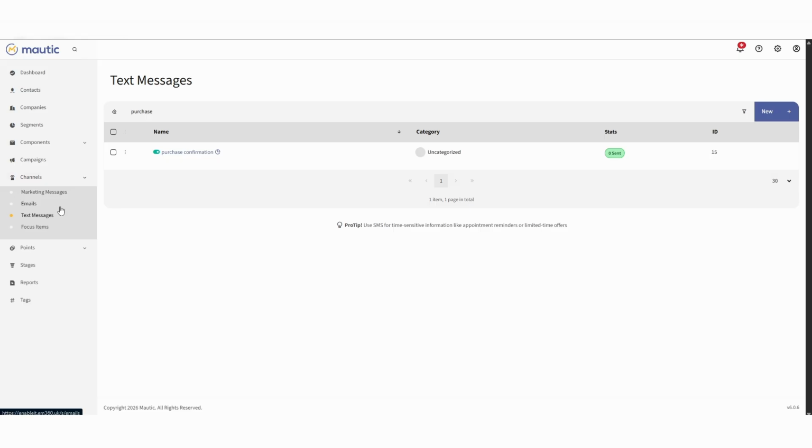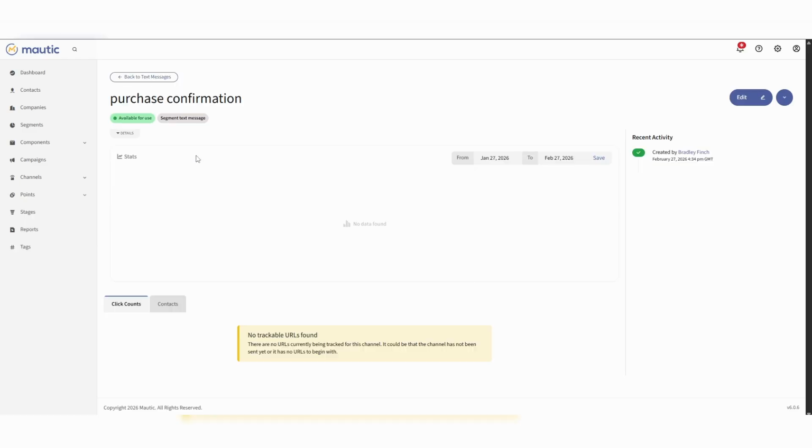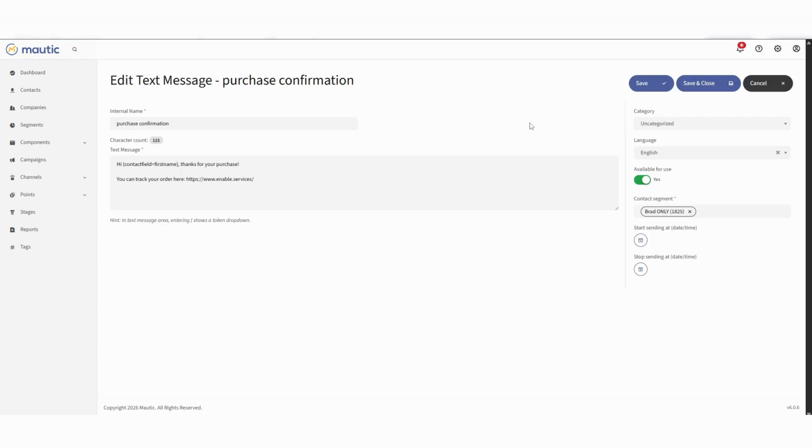So in channels, you've got emails and text messages and focus items. Text messages are where you can send notifications through text message. For example, here I've set up a purchase confirmation text, which is fairly simple. It can initiate from a trigger from a campaign or from a segment. So in here I've just put a simple segment, but you could trigger this from say they visit a specific URL, like purchase confirmation URL, then they get sent a text message with their order number,